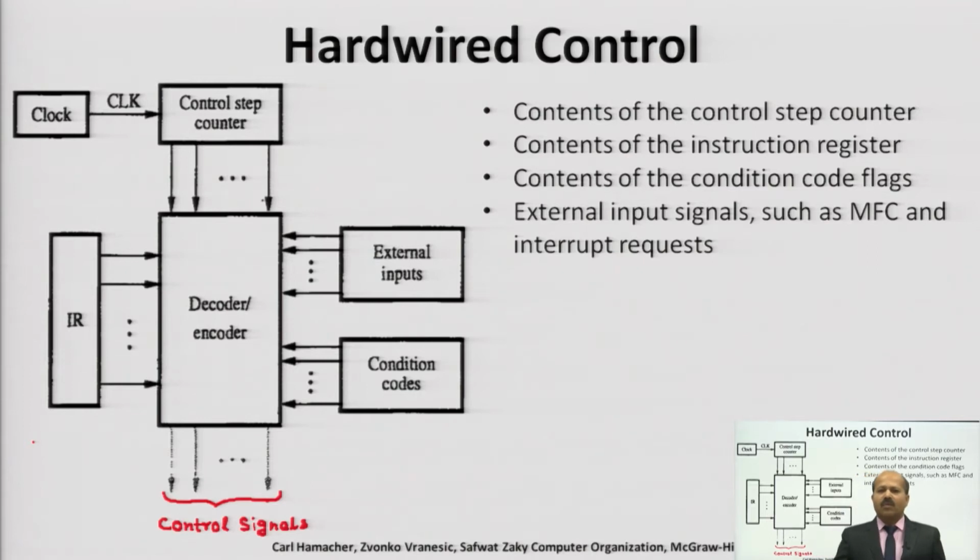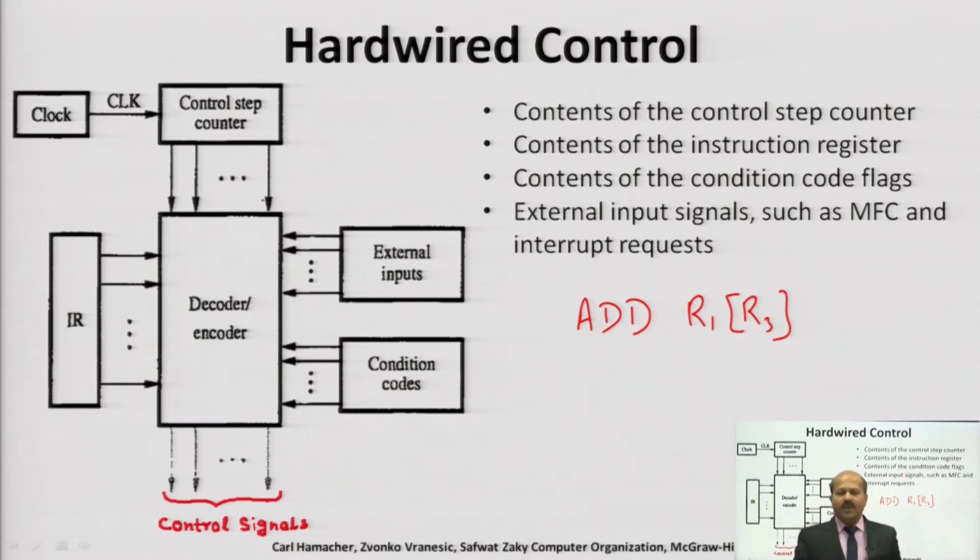In hardwired control, we can see in this figure there are several components. The device will issue the particular control signal based on some inputs. For example, we want to execute the instruction ADD R1, R3, which we have done in the last class already. What does it mean? It performs the operation R1 equals R1 plus